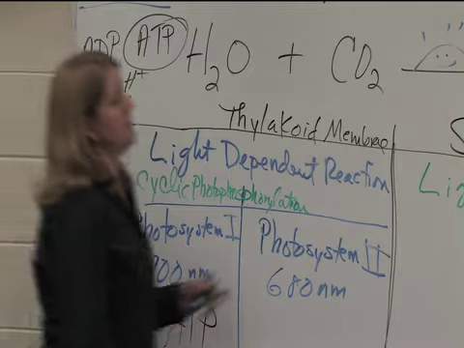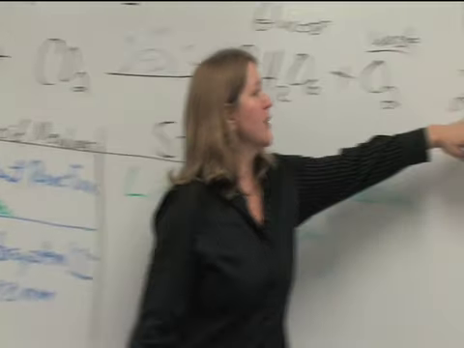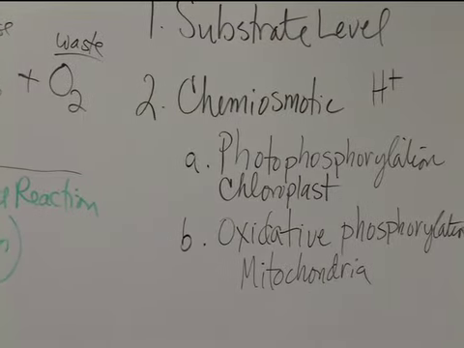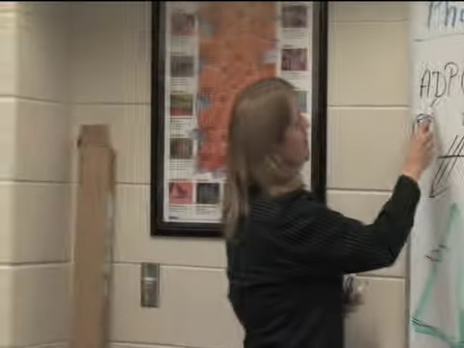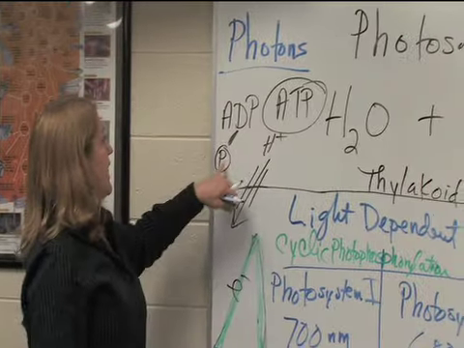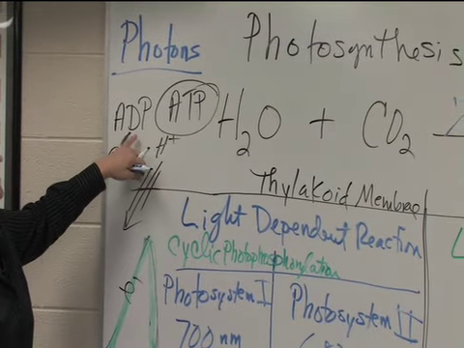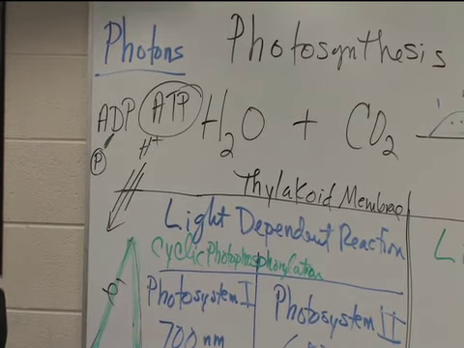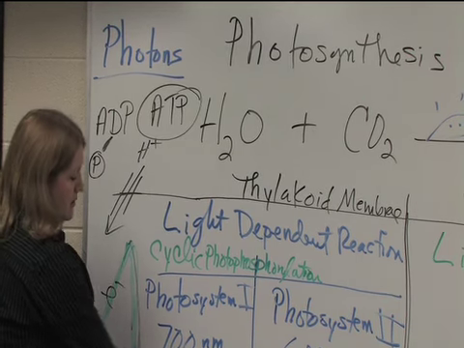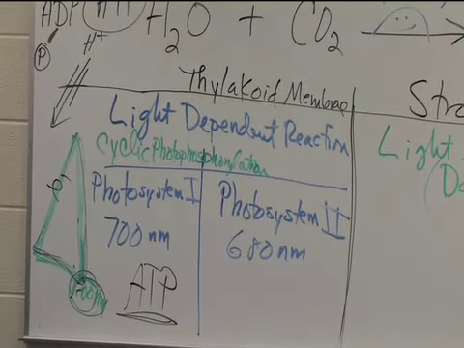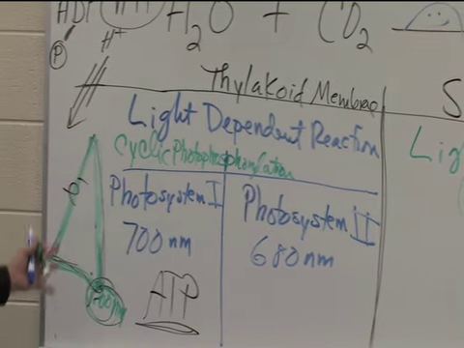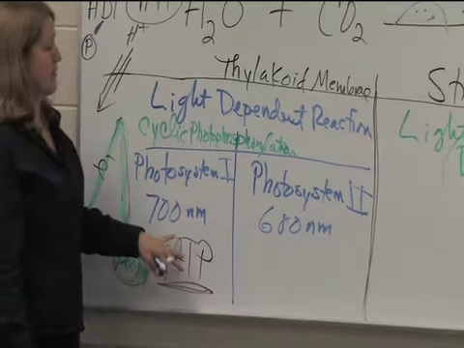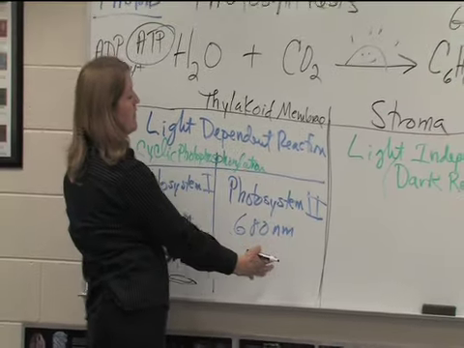But that still is a form of this chemiosmotic, because it is that hydrogen ion gradient that's going to drive the reaction to add a phosphate group to ADP, making ATP. So we got one ATP here with this system. Now this is a pretty primitive system. Since the development of this, the photosystem 2 has evolved